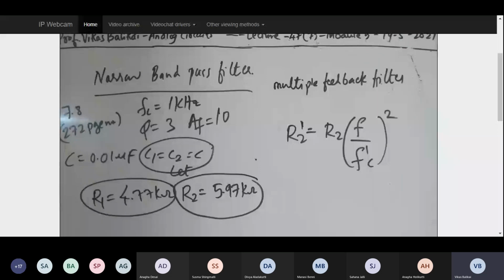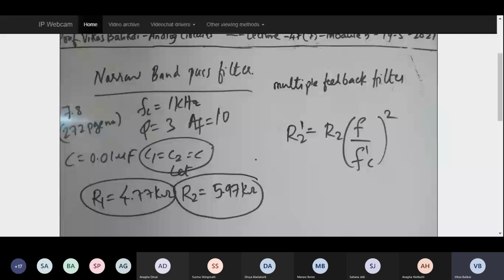Once this is done, we'll stop the filter portions over here. The last filter that I am supposed to cover here is band reject filters, which are nothing but your wide band reject and narrow band reject filters. The last two concepts are remaining, so that I'll be taking up in the next class.